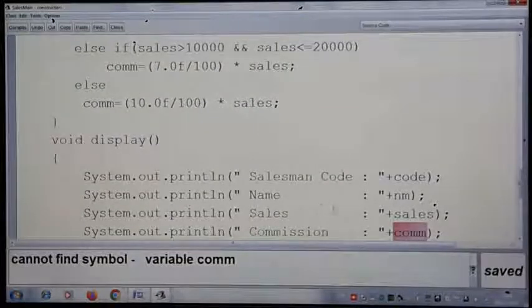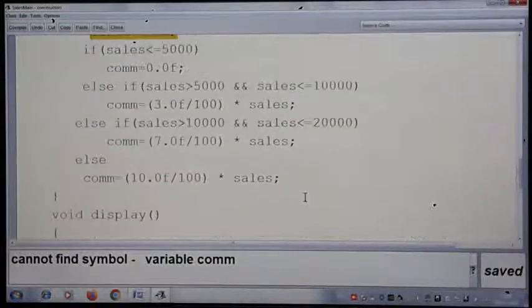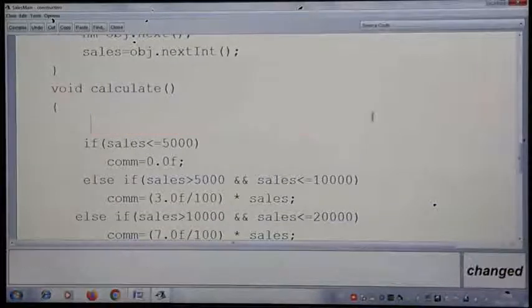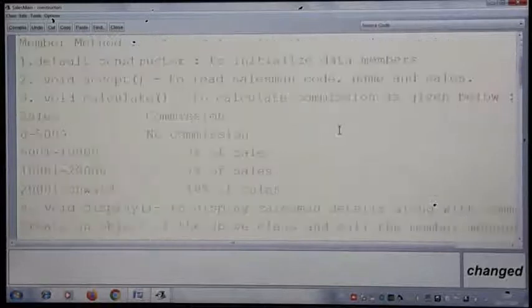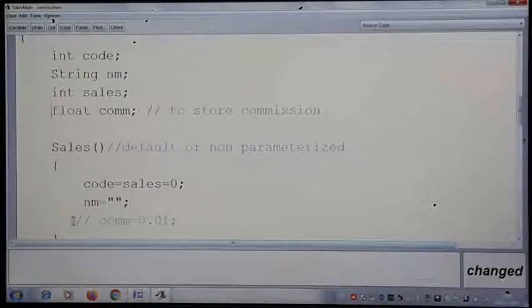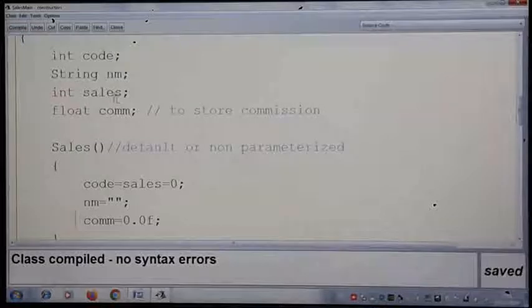So whenever you have to take any other calculation field along with the data members, don't take it inside a method. Take it inside the class along with the data members, so that you won't find such problems. Now the statement works fine. See now, it is working fine. So any extra variables you are taking, take them inside the class itself, so that you won't come across a variable scope problem.